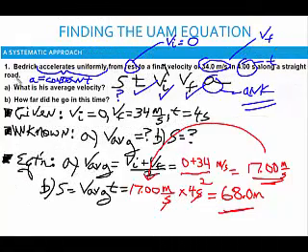Demonstration problem 1. Bedrick accelerates uniformly. This means that the acceleration is constant. Since acceleration is a vector, that means that the magnitude is constant and the direction is constant. From rest to a final velocity of 34 meters per second in 4 seconds along a straight road. A, what is his average velocity? B, how far did he go in this time?